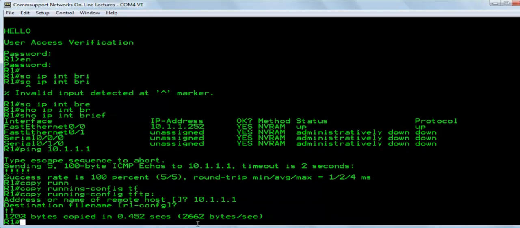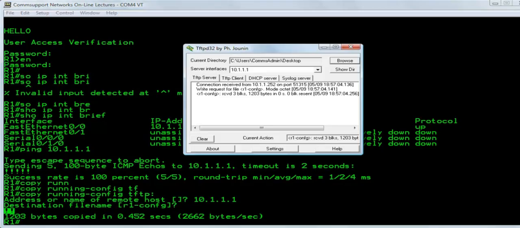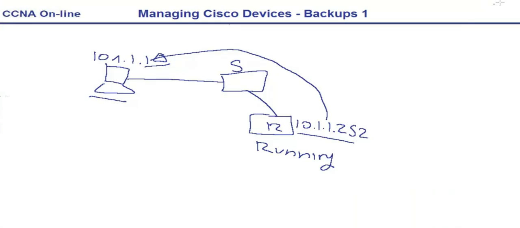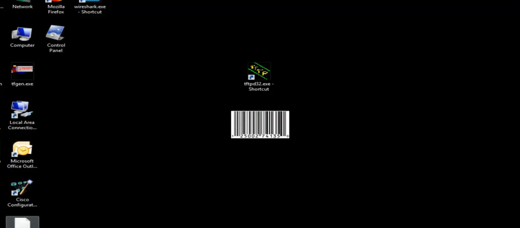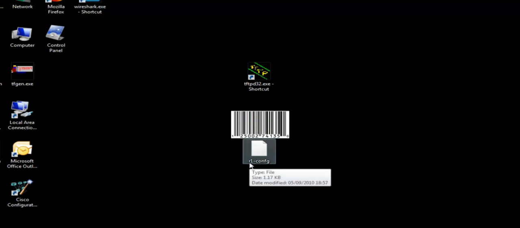So hit return now, and you get a pair of exclamation marks to denote that a copy operation has worked. If we go over here, the TFTP server has shown us that it's received something from this device here on this port here. If we minimize it, on my desktop there's a file there called r1-confg. If I double click,